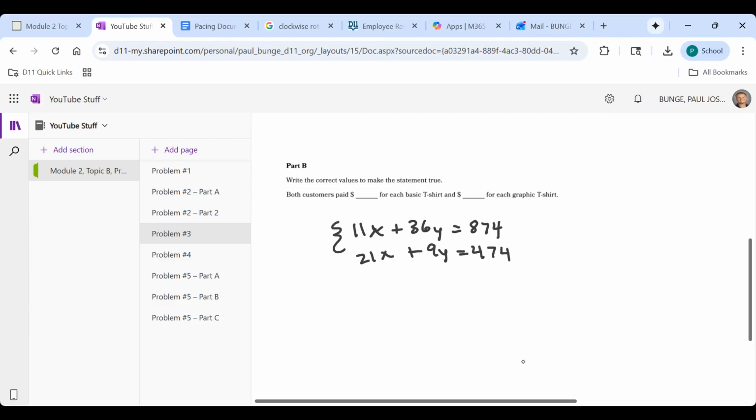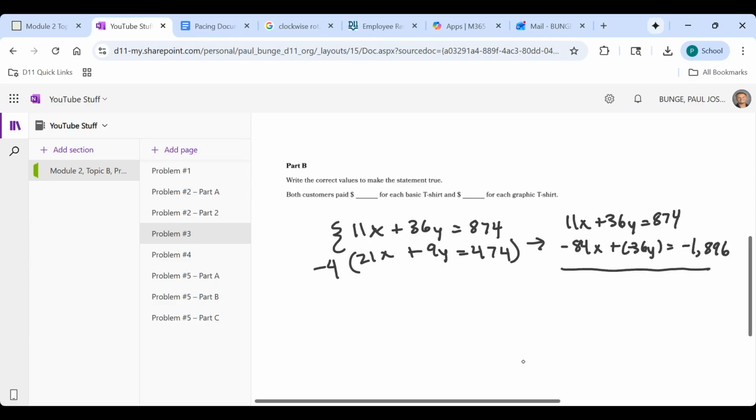In order to get rid of this 36y, I'm going to multiply my bottom numbers by a -4. So this now becomes 11x plus 36y equals 874. And my bottom numbers are -84x plus -36y equals, and when I did the math on the side, that equaled -1,896. Okay, so when I eliminate, this is now going to become -73x. My y's are gone, and that's going to equal